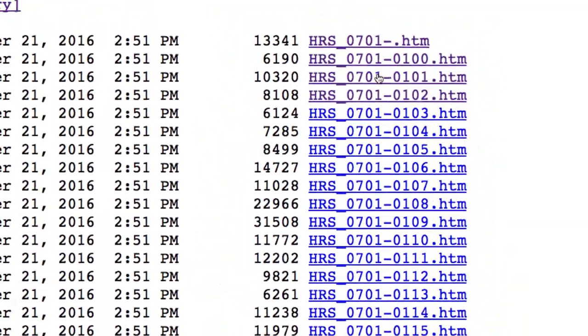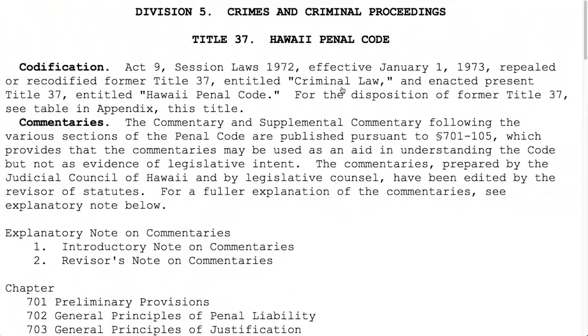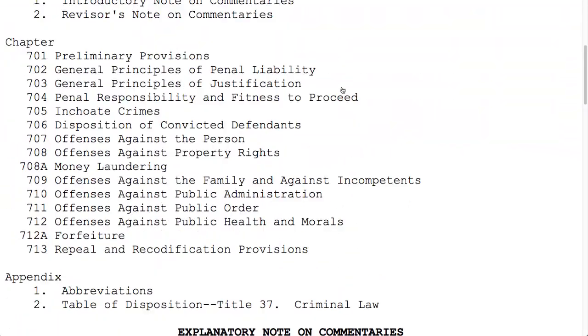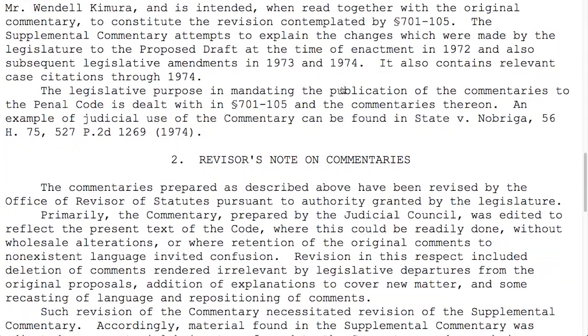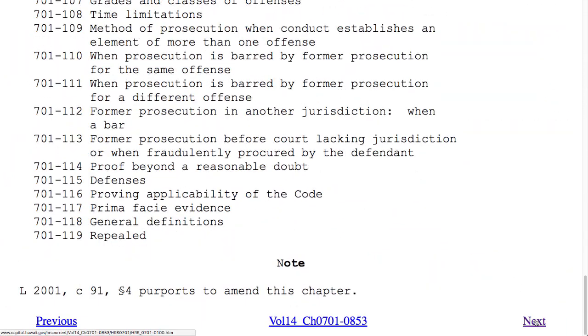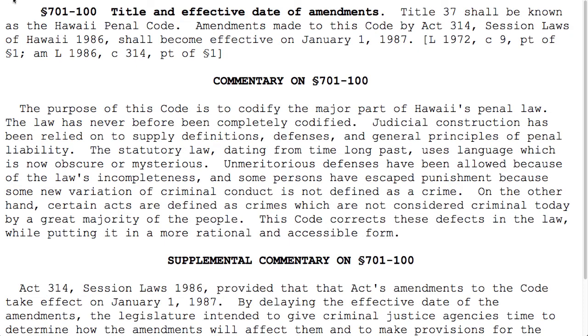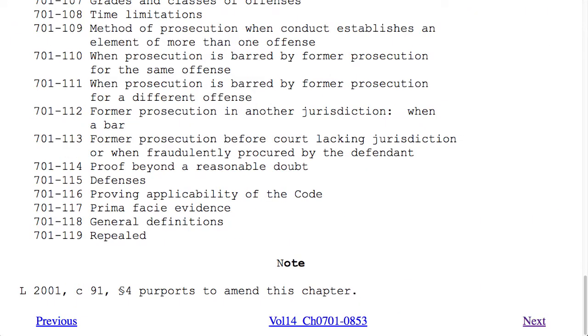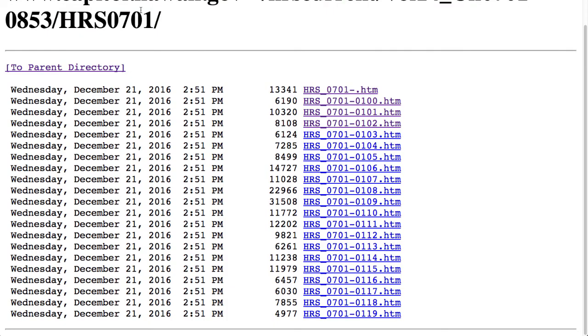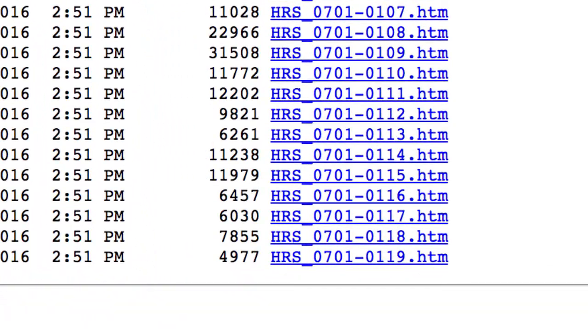And if you click on one, let's say we click on this one, you'll see the same information that you saw when you looked at the table of contents. And you'll see the same next button, which I think we've previously agreed is annoying, but you don't have to travel that way. Remember I said the definitions were in section 701-118. You can just zip down and click on